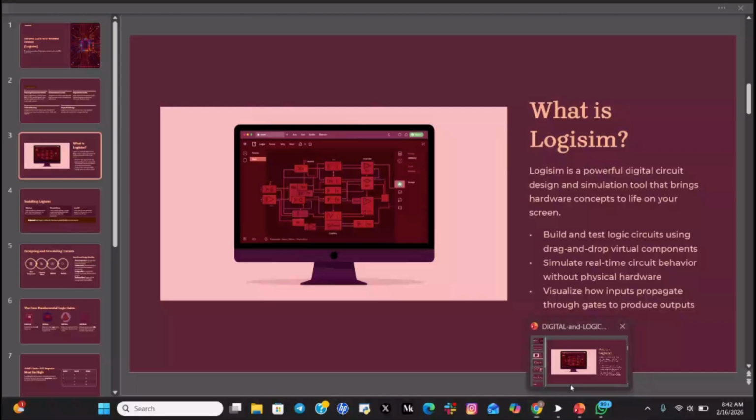So yes, basically they've talked about everything. When we talk about Logisim, it's basically a software which we use to simulate the